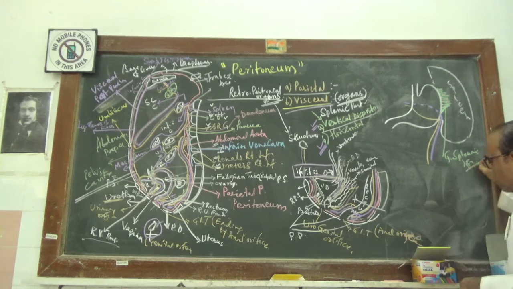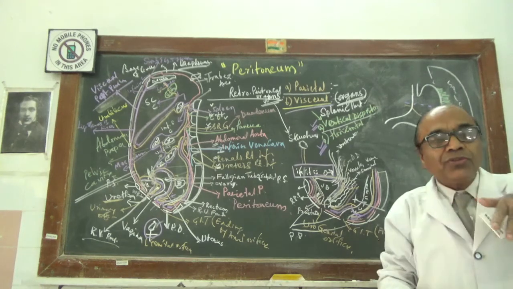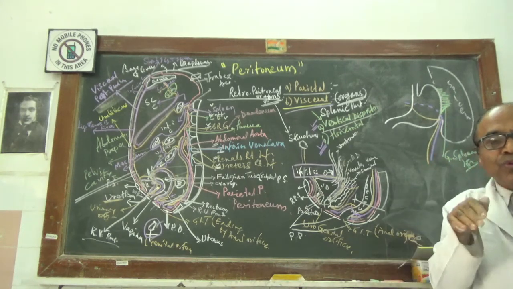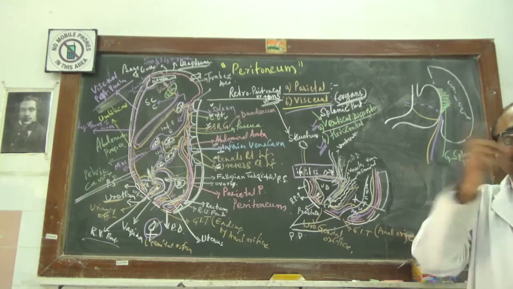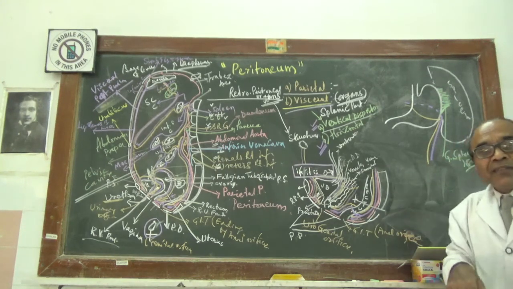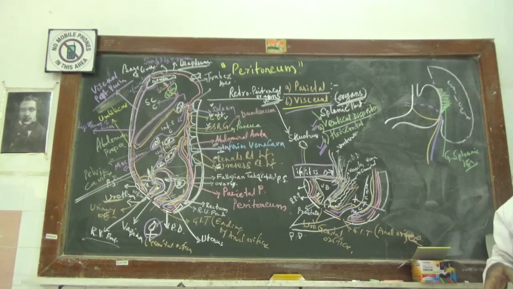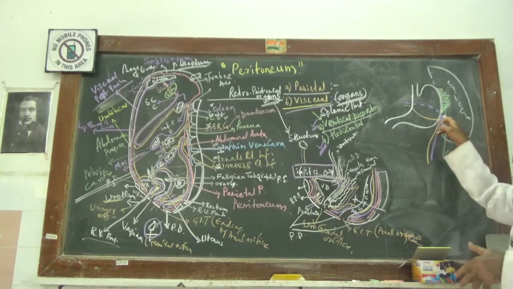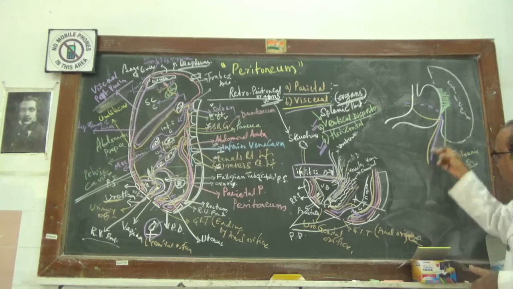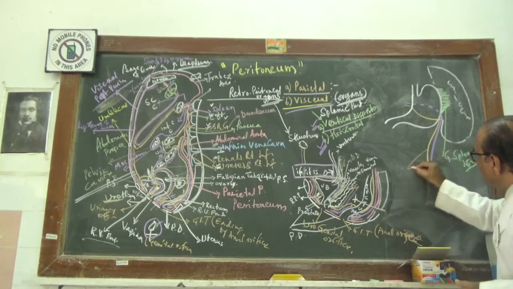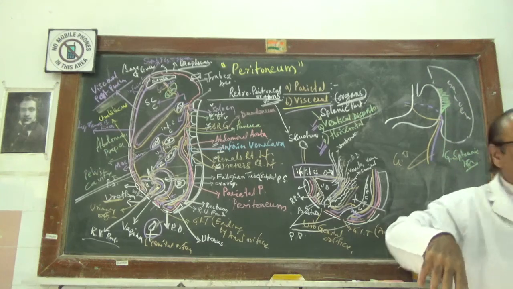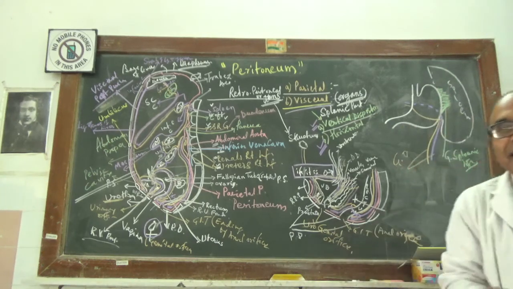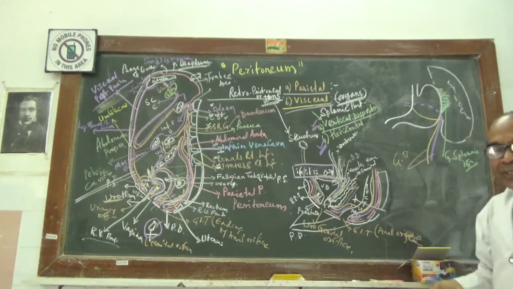Now this gastrosplenic ligament will run from very close to the greater curvature of the stomach, from the posterior-inferior surface, where the dorsal flap and the ventral flap of the lesser omentum, after covering, give rise to the greater omentum. This is the greater omentum. From that it will run and attach to the visceral surface of the spleen.